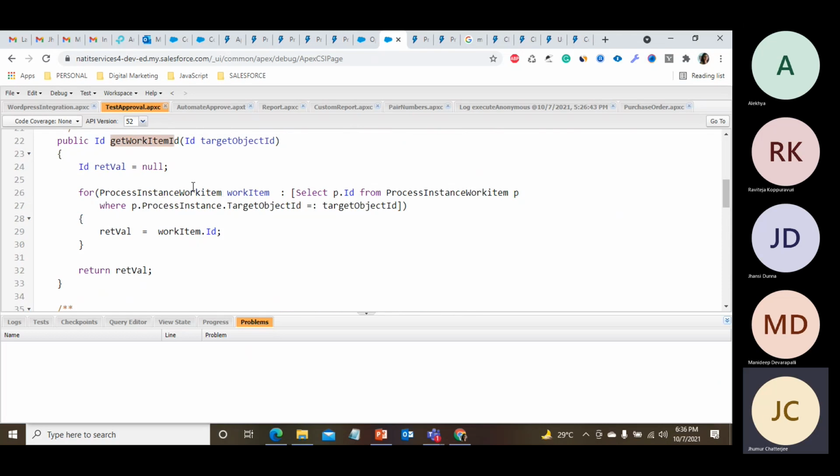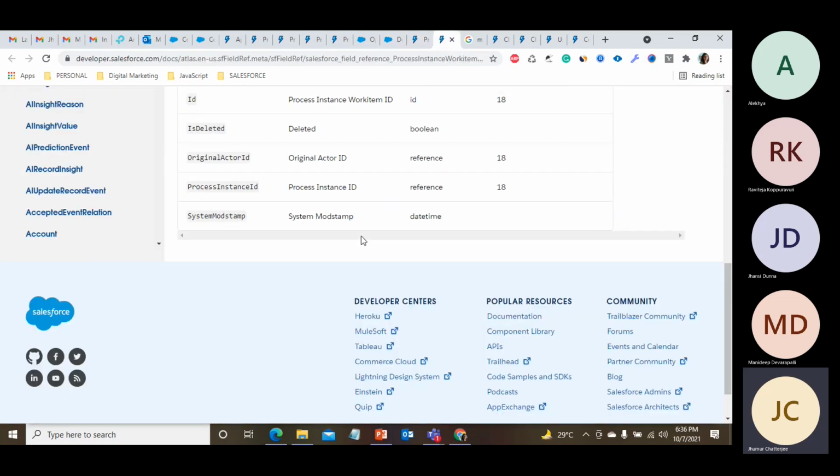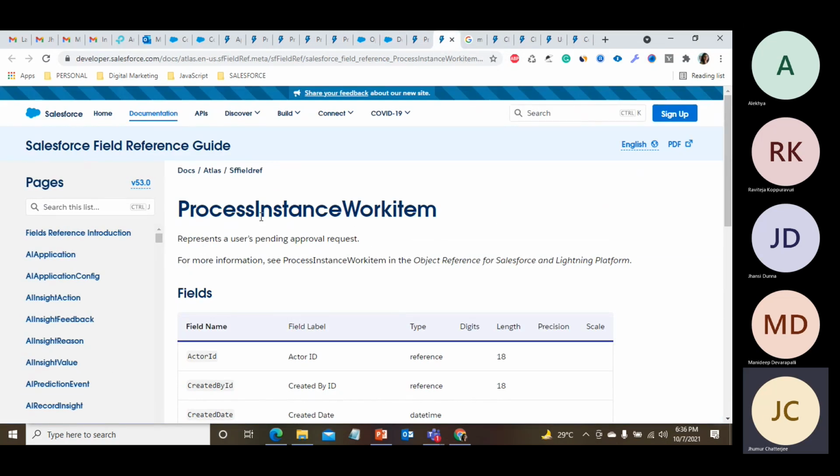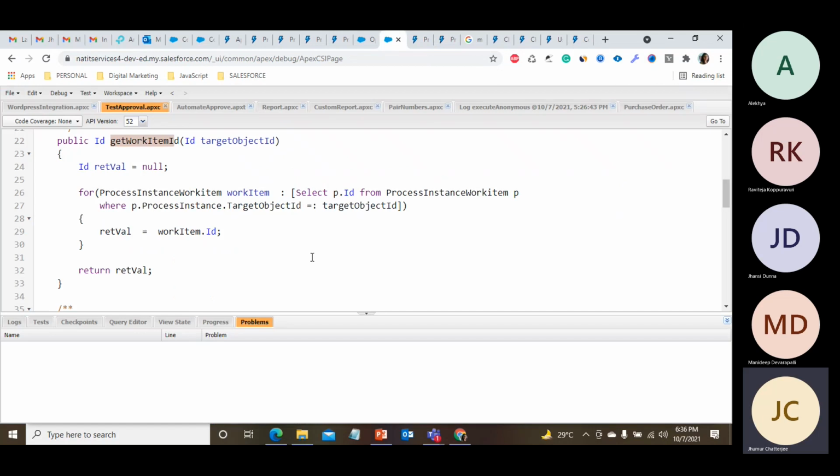It's one type of Salesforce object. The process instance work item represents the user's pending approval request. Means whatever requests are pending in the queue, all are stored in the process instance work item.